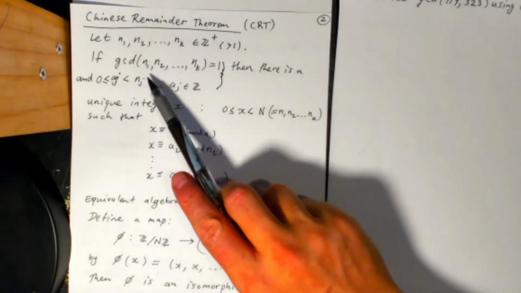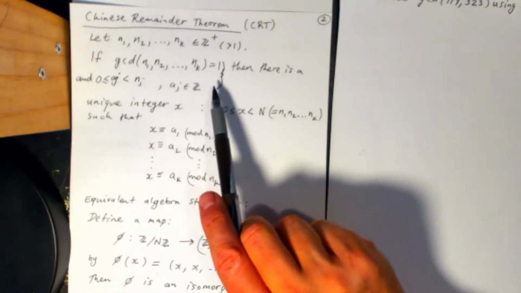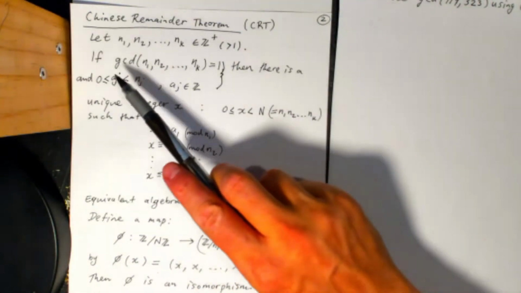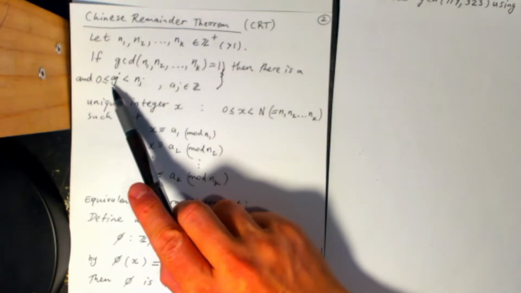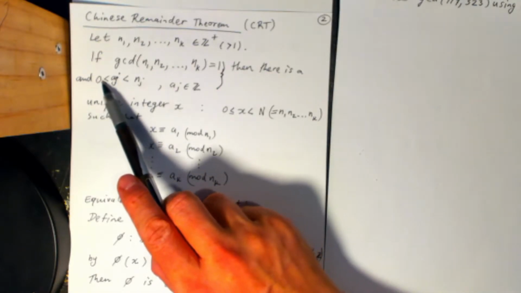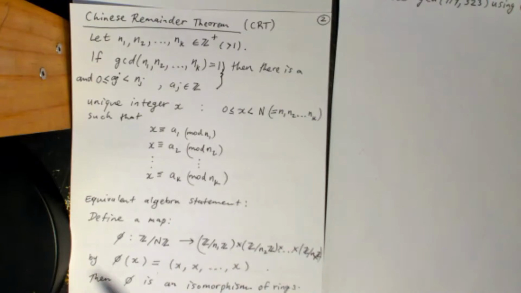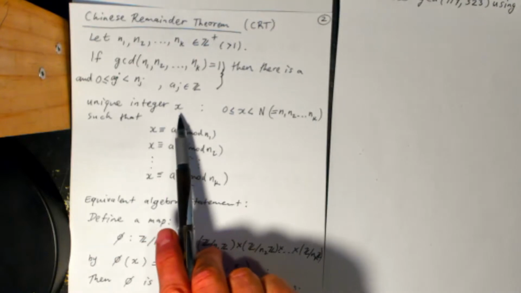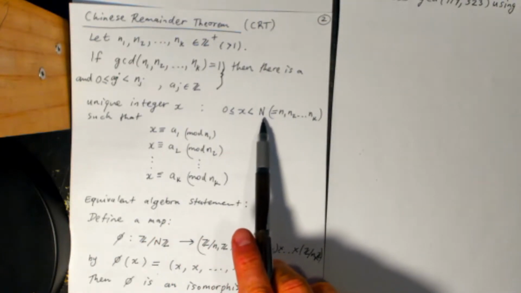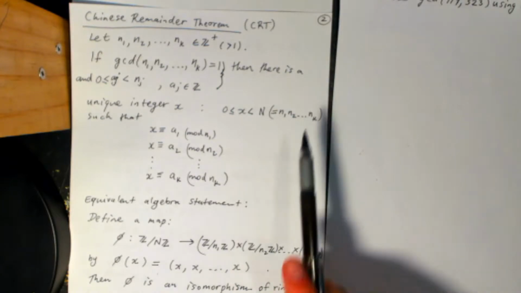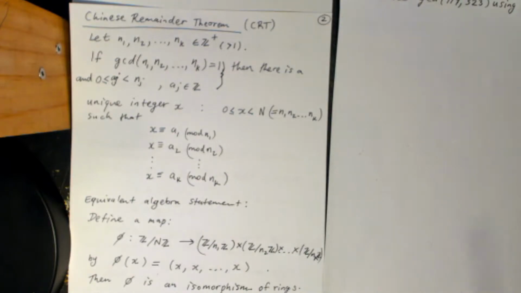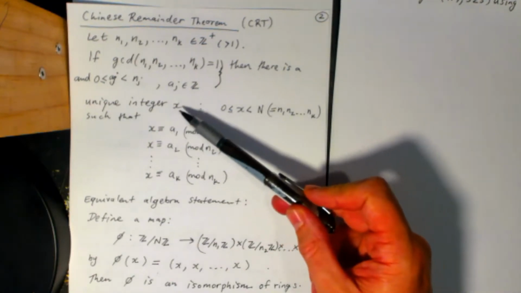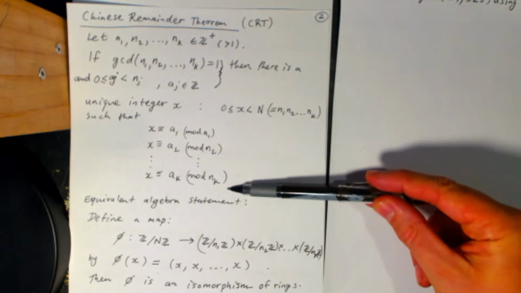If the GCD of all of those numbers is equal to 1, which is otherwise called relatively prime, and you have aj with subscript j between 0 inclusive but less than nj, where the aj are integers, then there is a unique integer x between 0 and n but less than n, where n is equal to the product of those integers, n1, n2 up to nk. There exists a unique integer x such that this simultaneous congruence